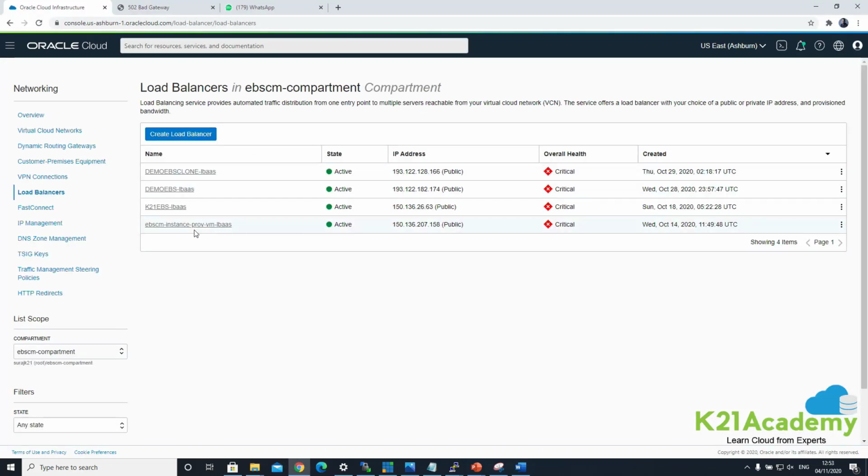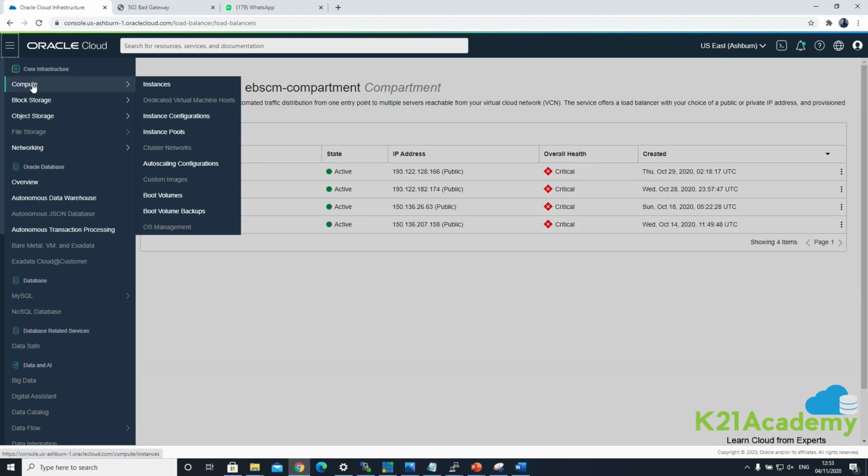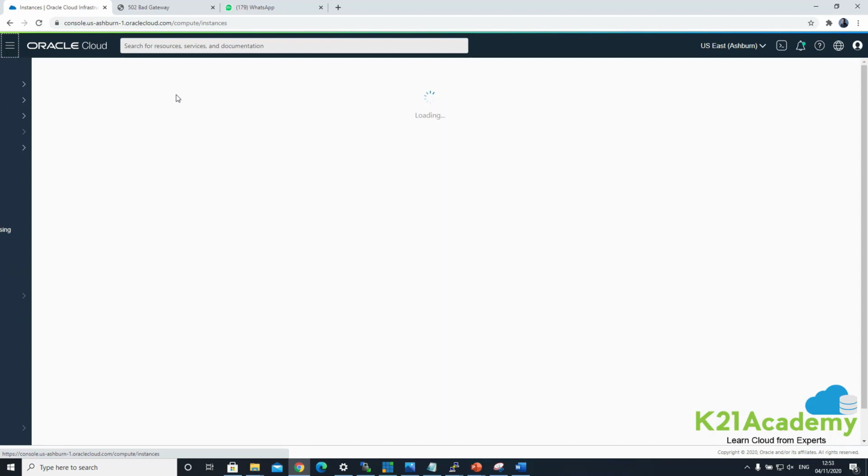So to find that out, I need to go back to the machine again to see which subnet my machine belongs to. Ideally, once services are up, the overall health should be correct. Instead of critical, it should be all green here. So I'm good. In the meantime, while the services are coming up, let me show you the compute instance I was talking about, the firewall.